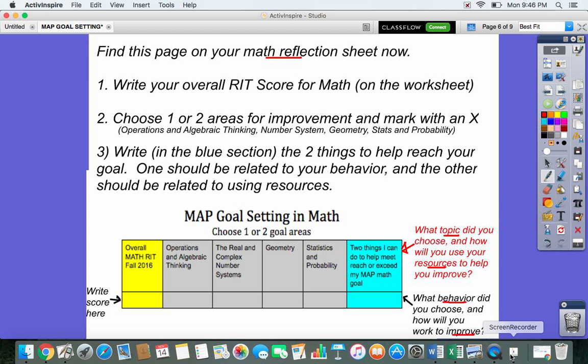When you're all done with that, see the sub who will have a little Find the Errors worksheet handout for you. And when you're done with that,